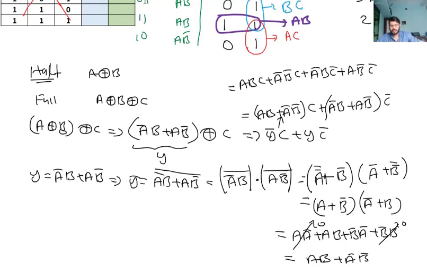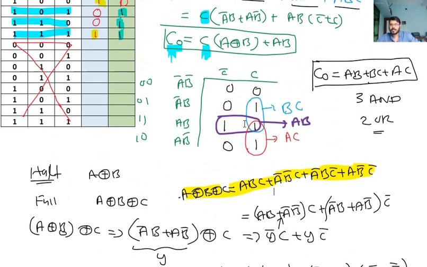Now this term, let us compare it with the sum term we got earlier. So this is our output expression, simplified term. So we started with, not A complement B complement C, sorry, A XOR B XOR C. So we proved that A XOR B XOR C is equal to ABC plus A complement B complement C plus A complement B C complement plus ABC complement.